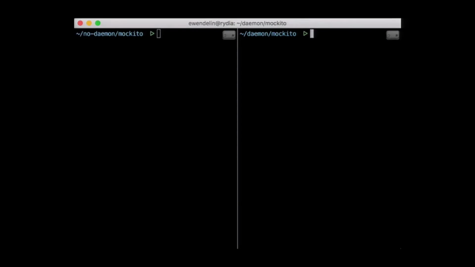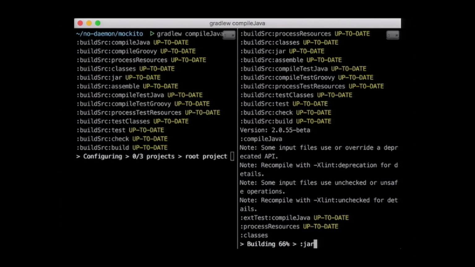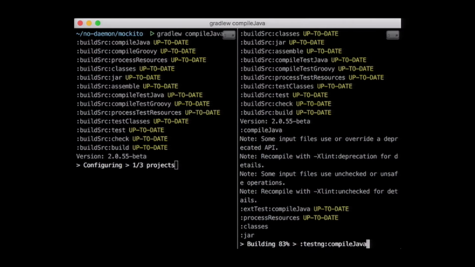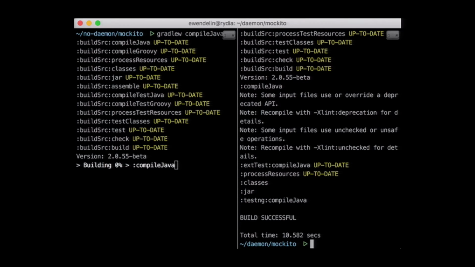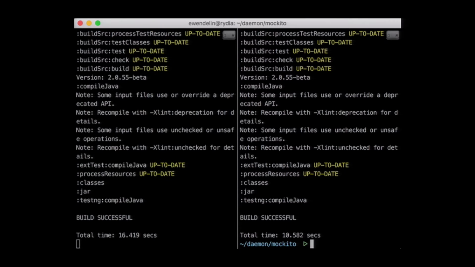Right. So just in case you're not familiar with the Gradle daemon, I want to allow it to introduce itself to you. What I have here is the Mockito project, a real project, and the pane on the right here is a build running compiled Java with the daemon, and the build on the left here is not running the daemon. And you can see how much faster running with the daemon is. And just on this first build,